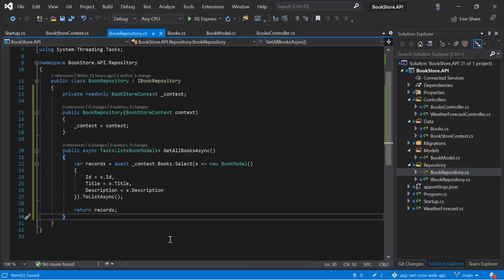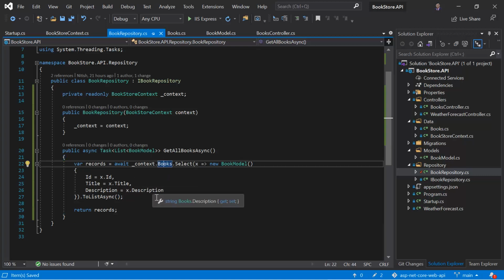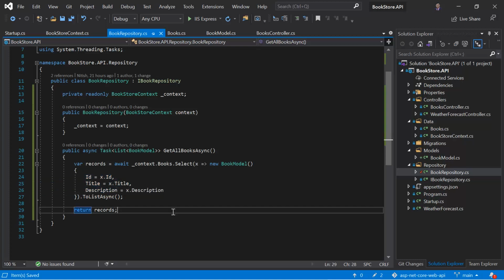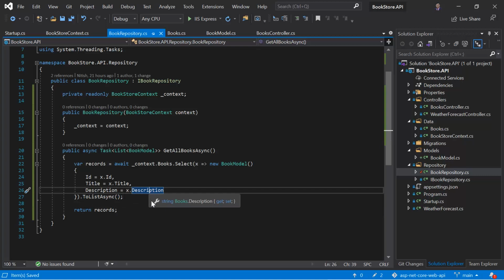The GetAllBooks method is complete, but you may have noticed one problem over here: we are manually converting the entire data from this Books type to the BookModel. Let's assume we have 40 or 50 properties in our table. Then we have to write the code for all those 40 or 50 properties over here. And we will definitely have multiple tables in our database. If you are doing this conversion manually from one type to another, then we will have to write lots of code. We can resolve this problem by using AutoMapper, and we will see that concept in upcoming videos. But for now, let's stick to this manual conversion.